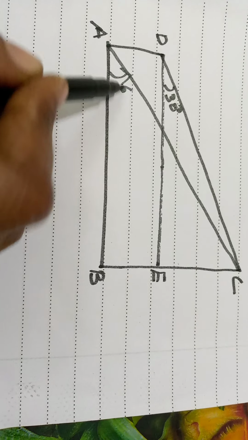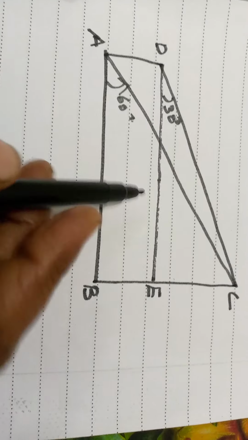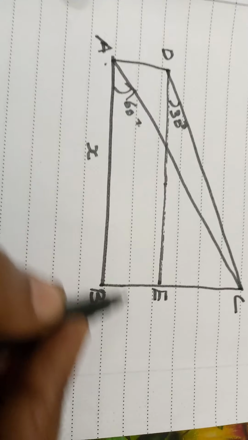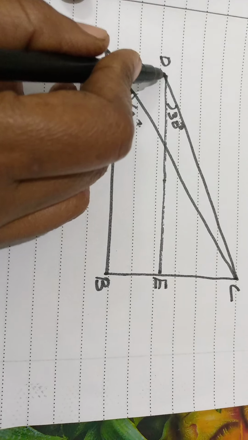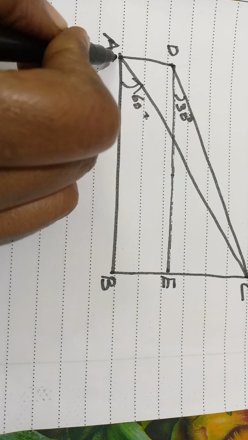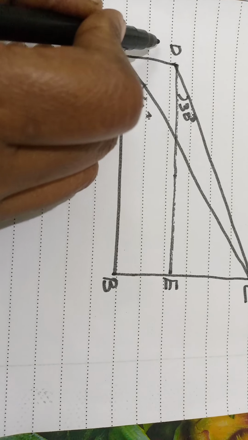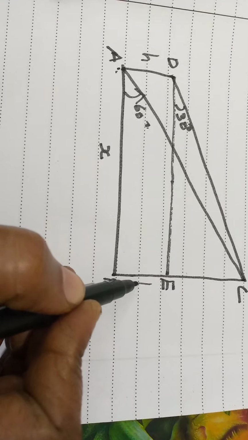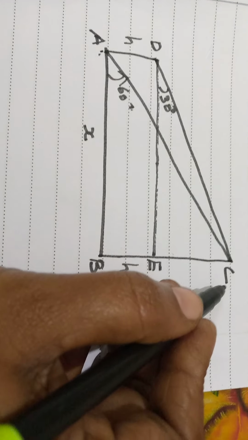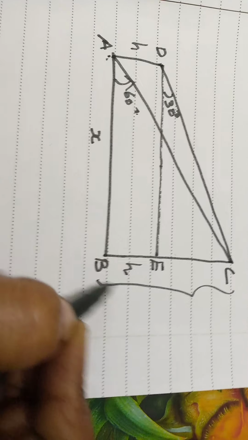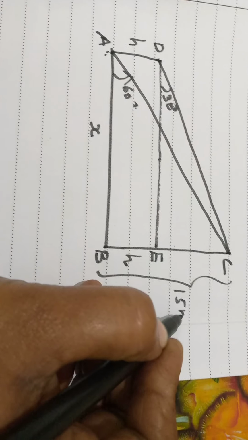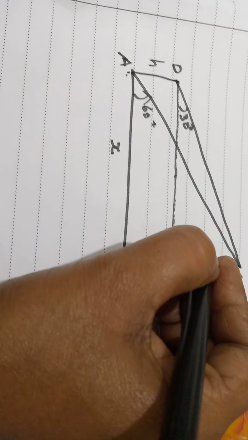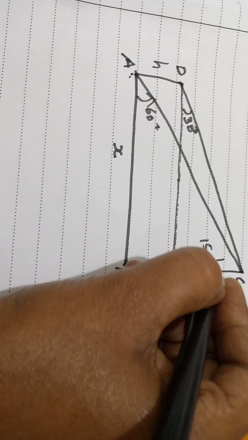Did you understand the diagram? 60 degree. Okay, this AB distance down now, let us take it X. So this AD distance we have to find out. What is the height of the electronic pole? Let us take height. So this AD is height, means this BE also will be height. Okay, this total height of this tower is given 15 meter. So this is height. So this EC will be 15 minus height.